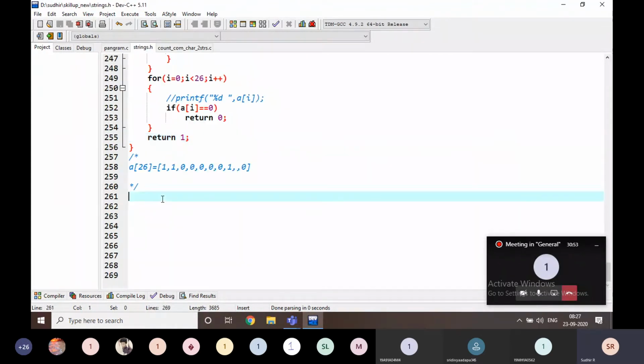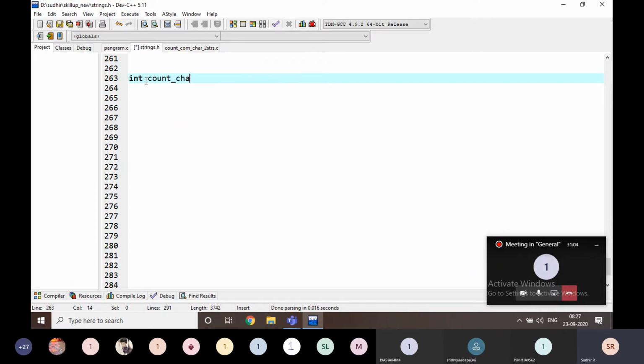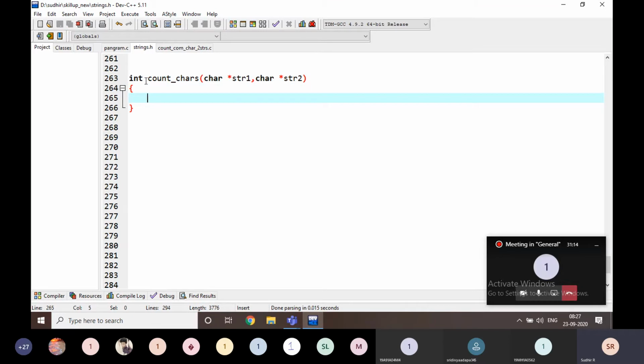And here I am going to write the function: int count_chars of char star str1 comma char star str2, which is the function definition signature.